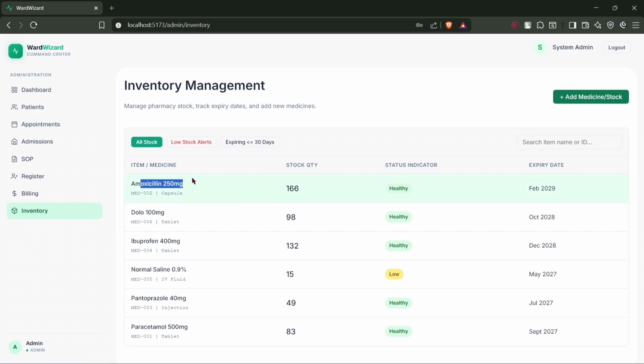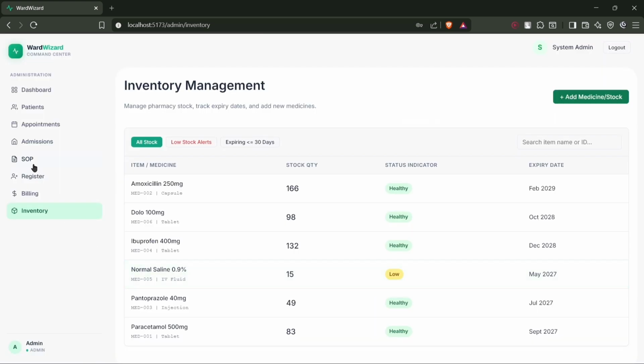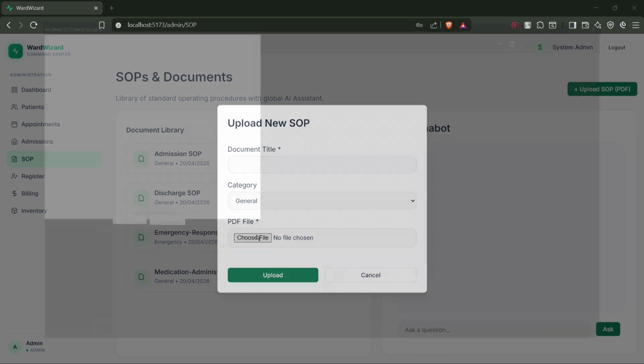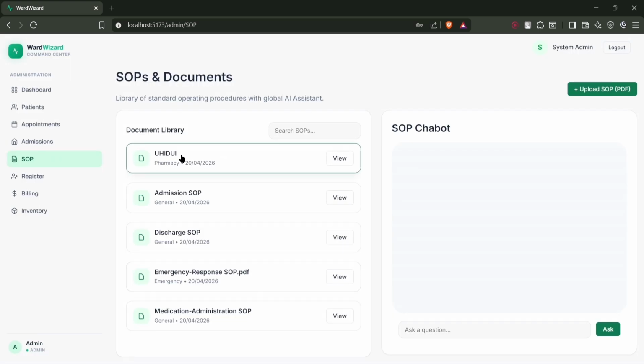We can have all the medications and the stock quantity and the status, that if the stock is low or healthy or anything else, and the expiry date. And we can also add the medicine from here. So whatever medicine you want, you can add to the database. And even in the SOPs, you can upload whatever PDF you want, select the category of the document, and it will appear here. So if I just type in anything and select the category, upload, so the PDF will be shown here and updated